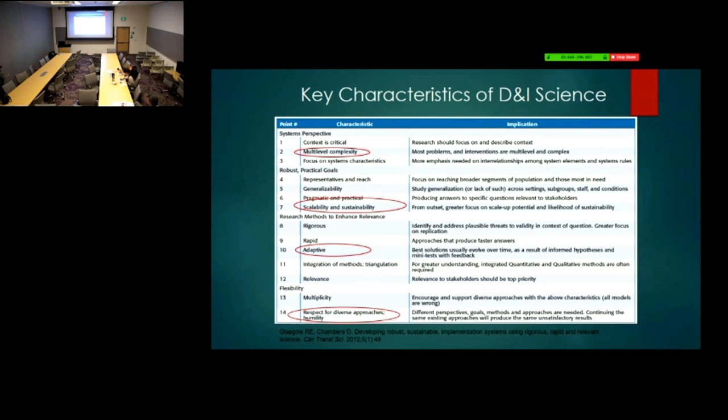Multi-level is another key characteristic. So we're not just doing an intervention and looking at what happens to patients. Because if we're going to roll it out into the real world, people need to use it. So this means that maybe the clinicians and the staff members have an input into what happens, so we better look at what they're doing, right? And maybe the payment mechanisms have some input to whether I'm going to do this or not, or how well I'm going to do it. So we better look at that.